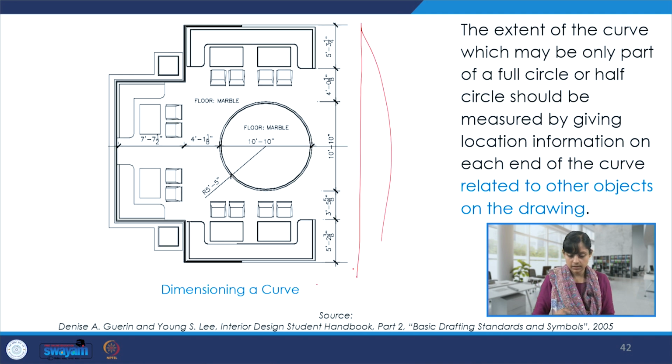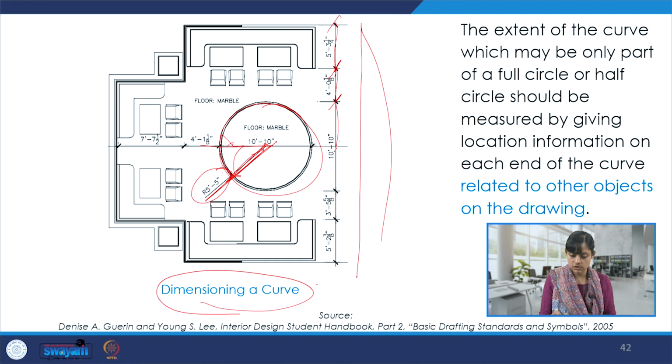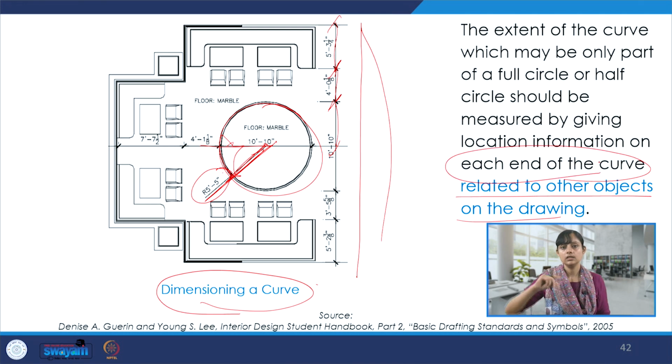This is another floor plan or drawing, and it helps us understand the dimensioning of a curve. So if we have anything curved or any detail which is like an arc or a circle, or a segment or a sector, we can just give the radius of this over here and mark the dimension along with the other dimensions that we see over here in feet inches. So it's quite possible to talk about the curves or the circles and define them in terms of radius or other ways of quantifying them.